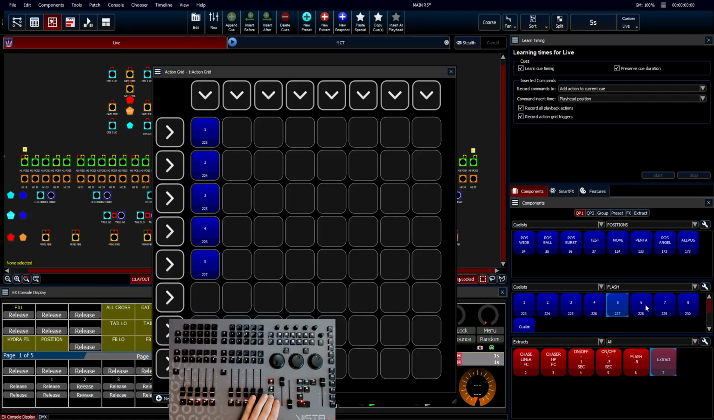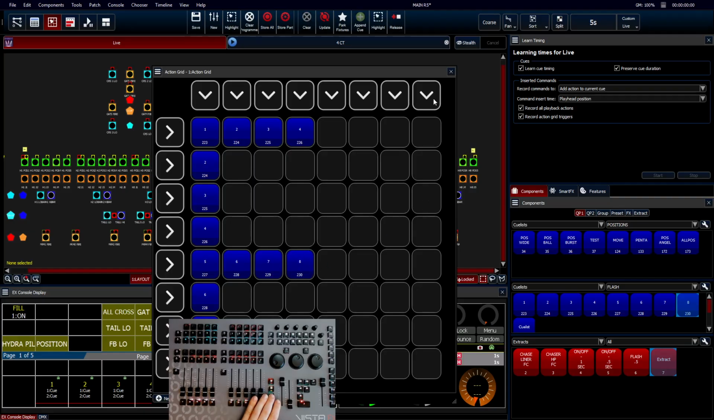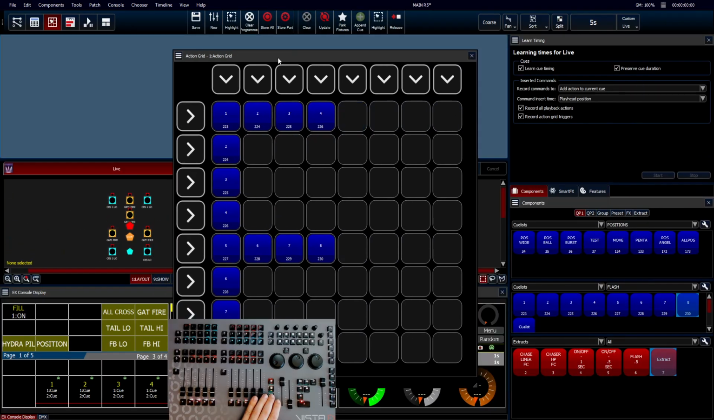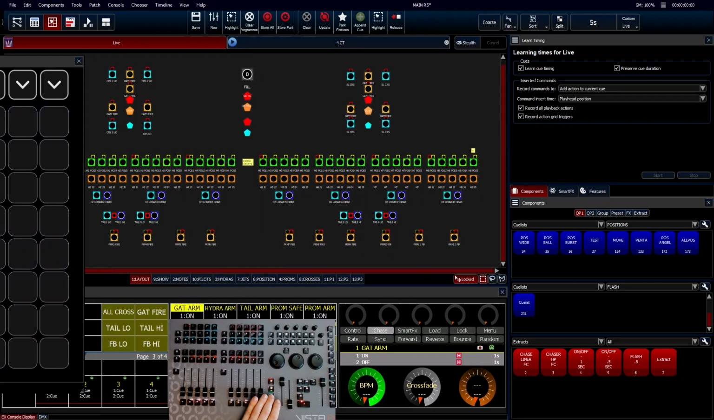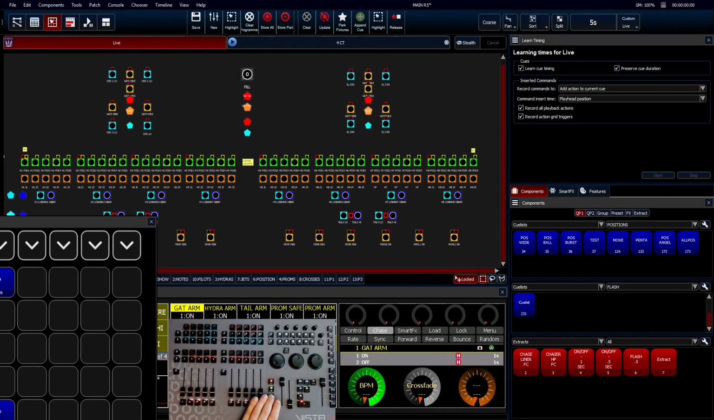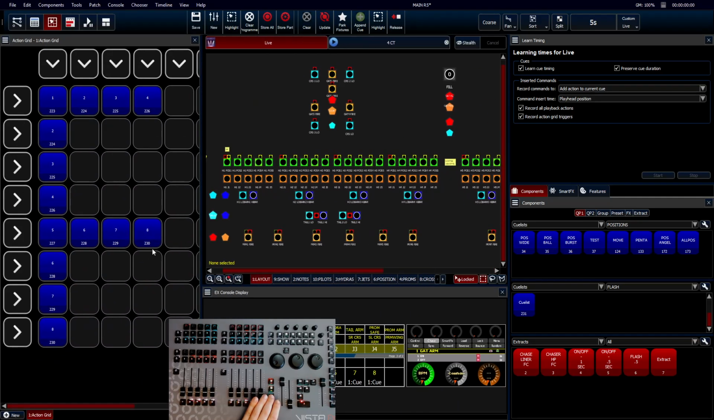So I'm just going to drag these all the way down. And then I'm also going to go in a line. So this is going to be my stage right fixtures and my stage left fixtures. So now this would be really useful for if you're just using touchscreen without a console. And I'm sure there's a million other uses as well, but